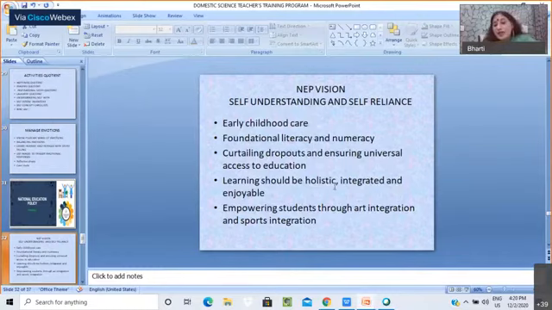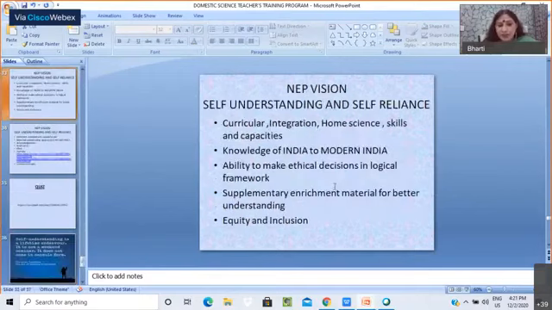So learning should be holistic, integrated, and enjoyable, where it's not just simply one way communication. Give them a number of activities. Let them do. Let them have that joy of achievement, joy of doing. So empowering students through art integration and of course sports integration we talked about, and curricular integration, domestic science, home science, skills and capacities, knowledge of India to modern India,